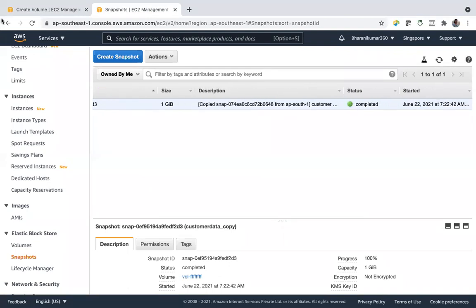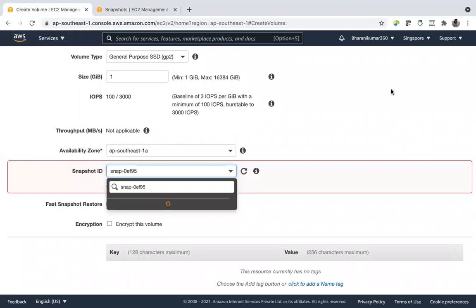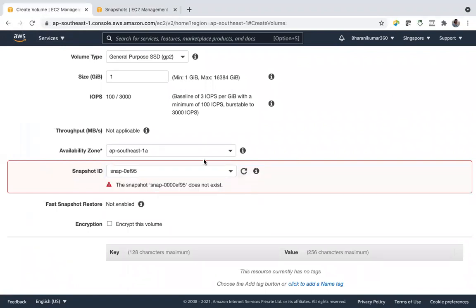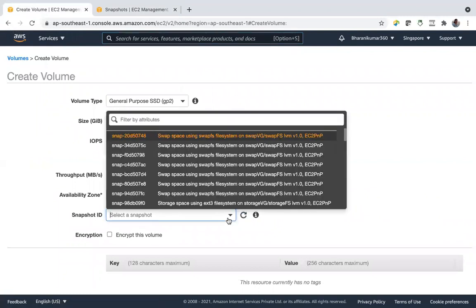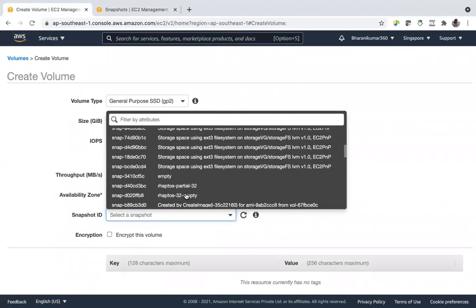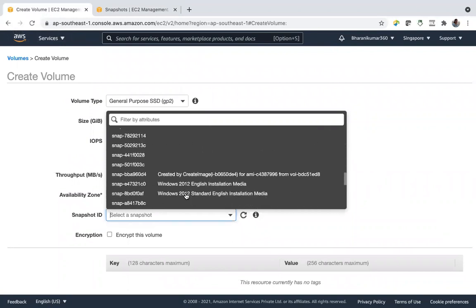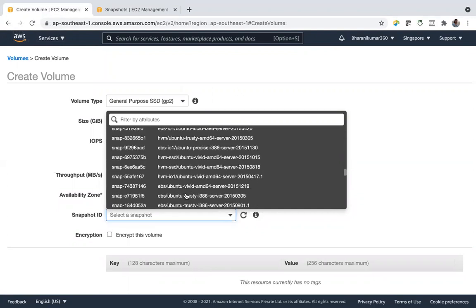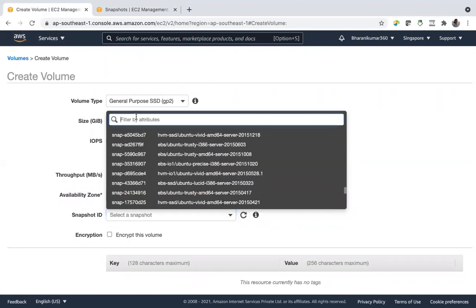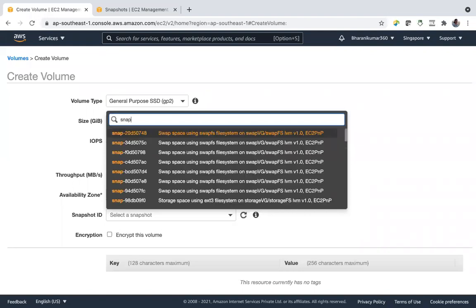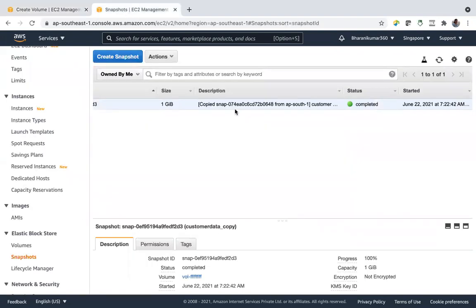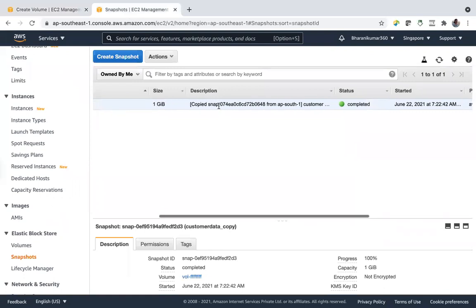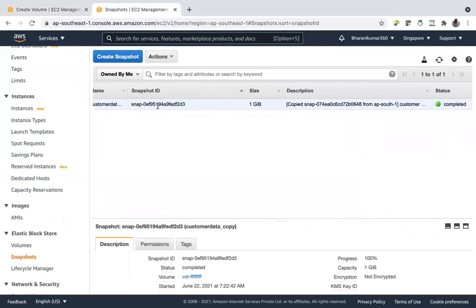Snapshot is completed. We should get this. And my ID is 0EF951.